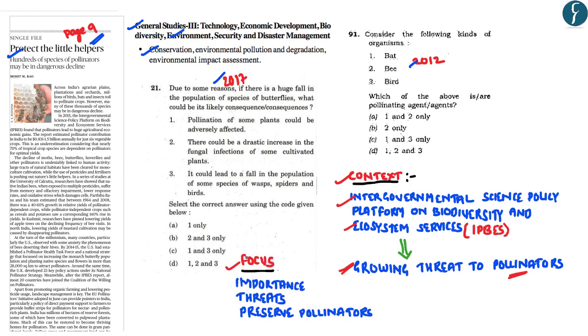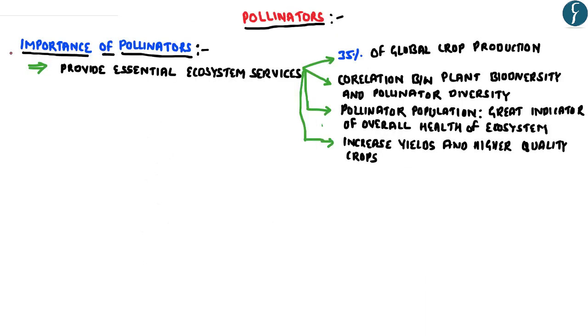So as part of this video analysis, we will understand the importance of pollinators to the ecosystem, the growing threats to the pollinators, and the steps to be taken to preserve the pollinators. Now with reference to the importance of pollinators such as honeybees, these pollinators provide essential ecosystem services wherein the pollinators account for almost 35% of the global crop production, and they are also extremely important for promoting the plant